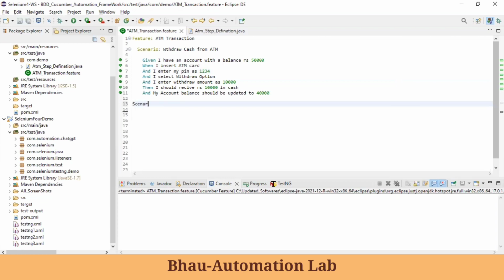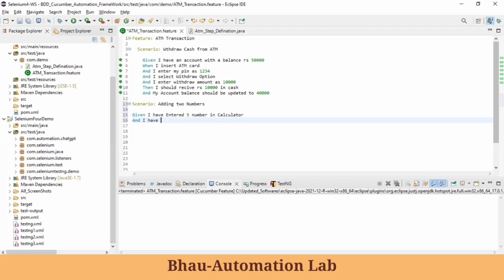Let's provide some steps here: Given I have entered 5 number in calculator. And let's say when I add a 5 number in calculator, and let's say I have